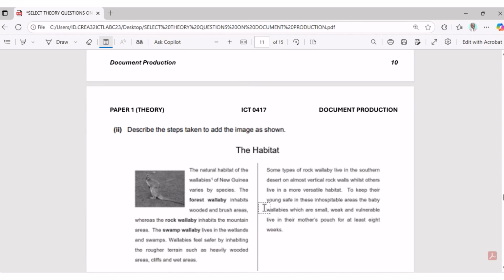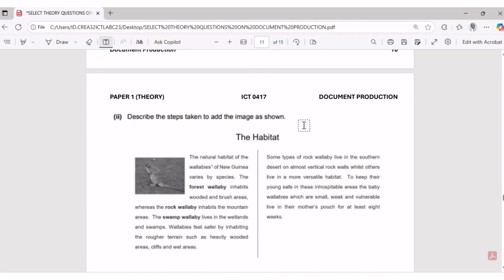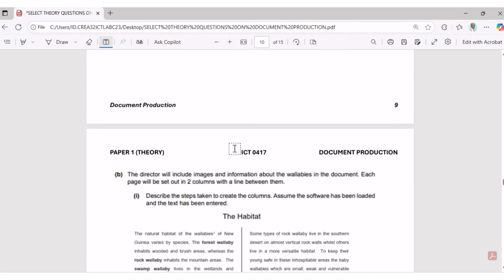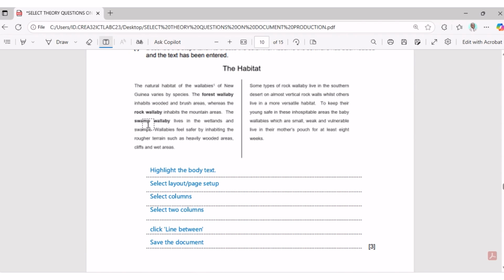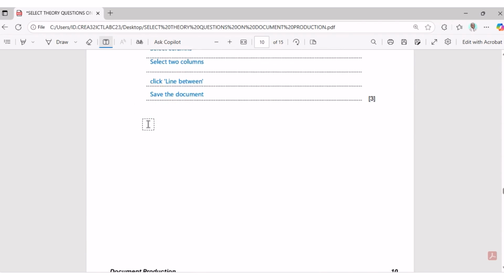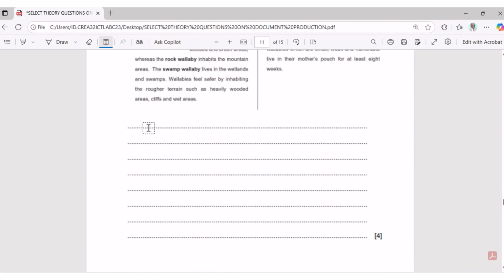Then the next one says, describe the steps taken to add the image as shown. Now from here, an image has been inserted. So if an image will be inserted here, the first thing you can say as the step is that you place your cursor there. You understand? So to insert the image, you can start by saying click on insert, and from insert you select the picture